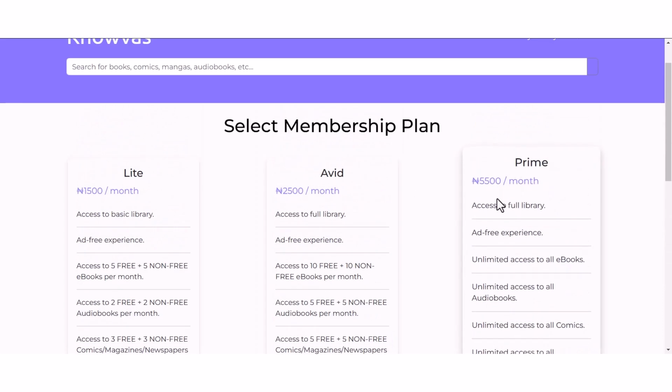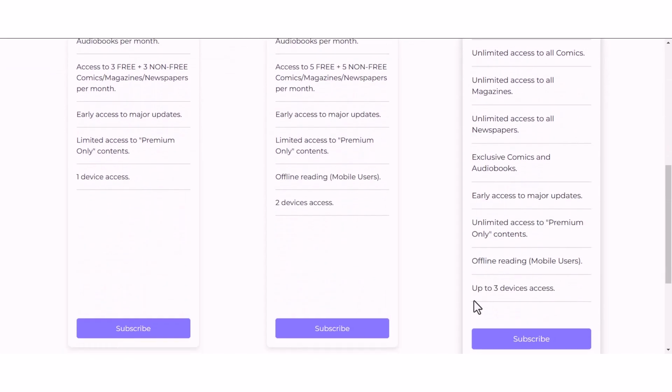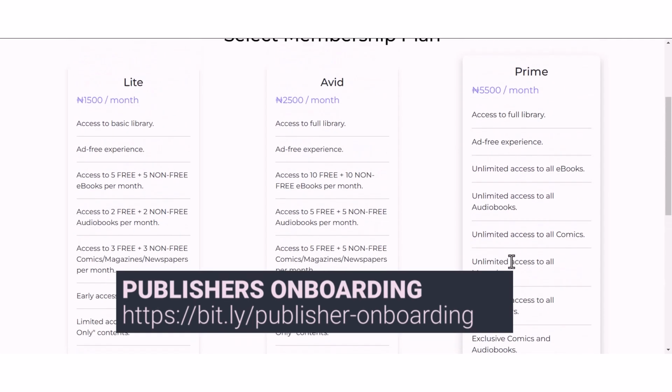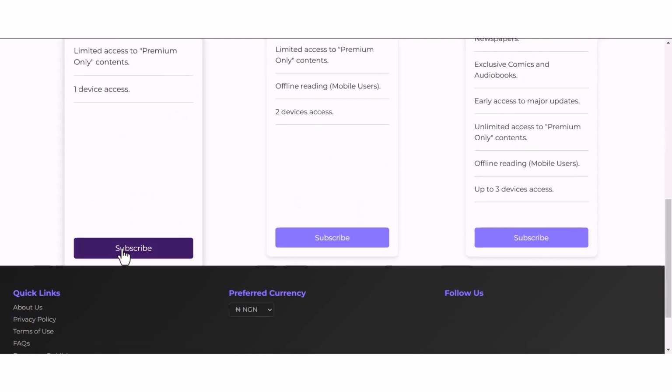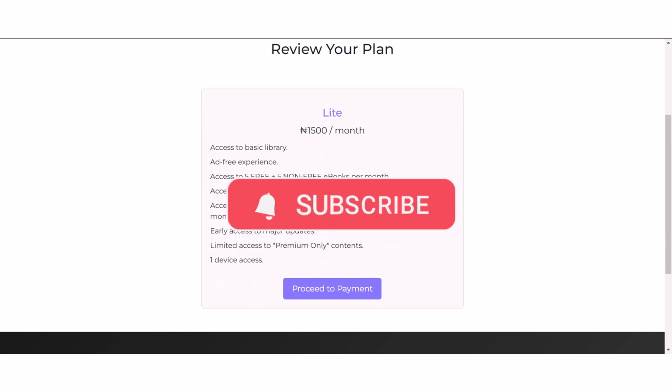Then we have Prime. Prime is 5,500 per month, unlimited. So all the content on Knowvas, unlimited. And in addition, we have up to 3 devices. And here you can have offline reading. Once our mobile app is ready, you can read offline. You can download it on your mobile and read. So that's the plans on Knowvas. And to really get started with any of these, just subscribe. So currently we are running demo